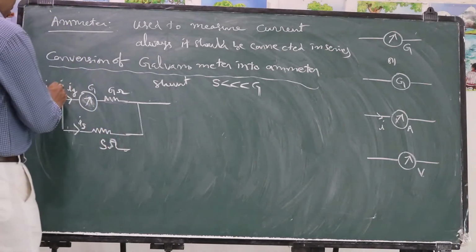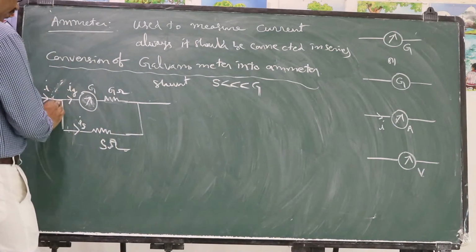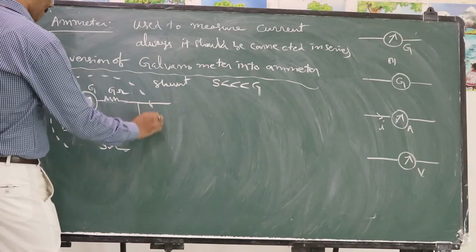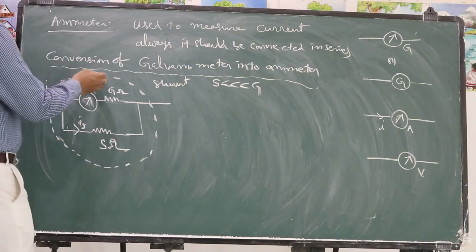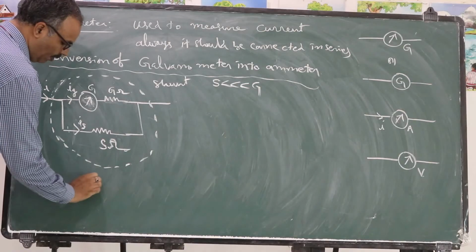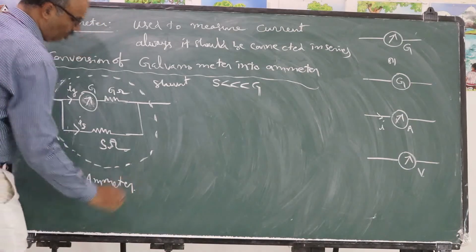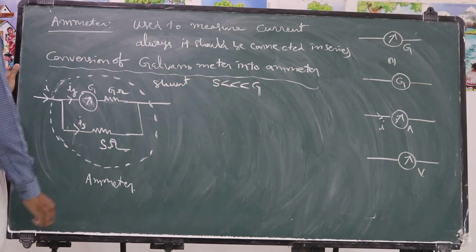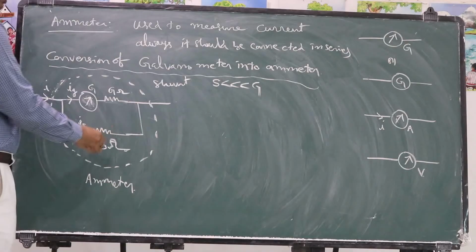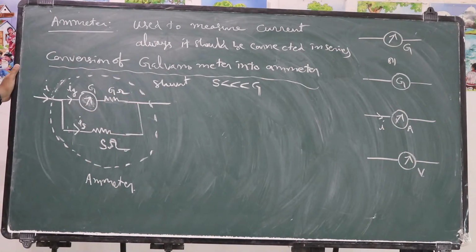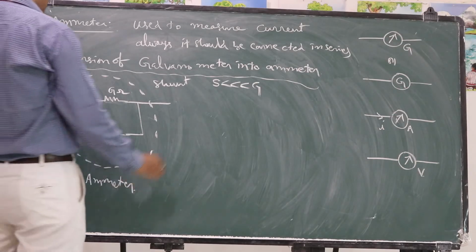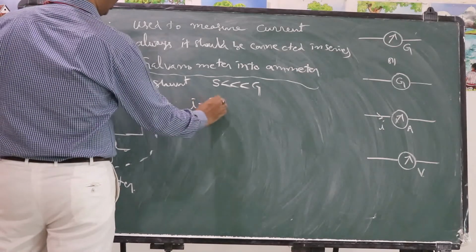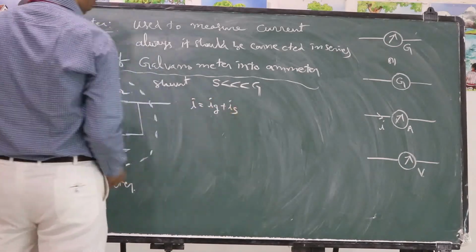So such a combination will help us as ammeter. Such a combination is called ammeter. Now you may get some doubt. What is the range of this ammeter? So due to the connection of G with S in parallel, effective resistance in the circuit gets decreased. Automatically range gets increased. So here, if I do a little mathematical calculation, I is equal to Ig plus Is. This is the first point.